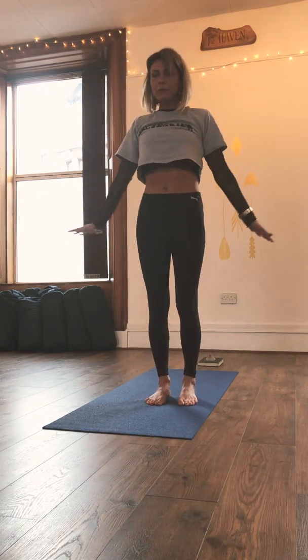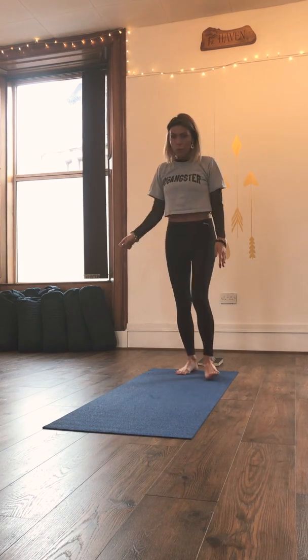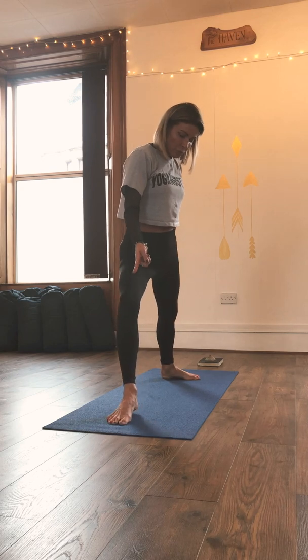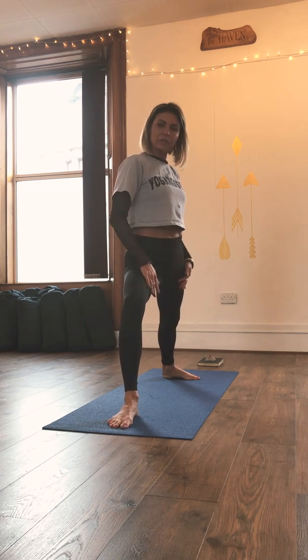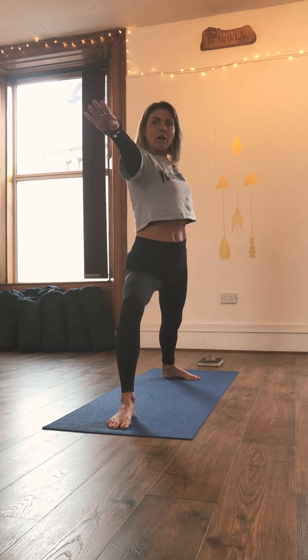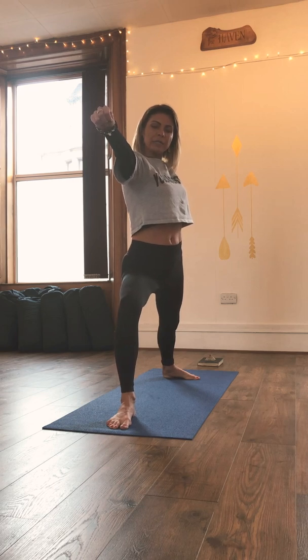Exhaling, coming down. So moving into Virabhadrasana 2, Warrior 2. You're taking a wide step forward with your right foot, swiveling the back foot. So you should be about four and a half feet, four feet apart. Your heel to instep and your hips are facing the side of your mat, opening up in the arms and looking along that front arm. So you're curling your fingers around your thumbs, and you're really pressing down the outside edge of the back foot,